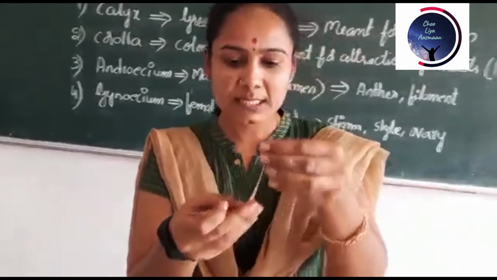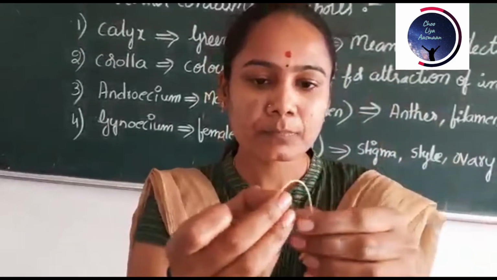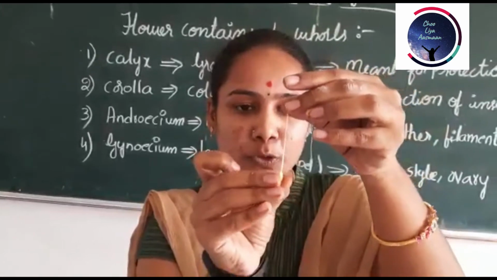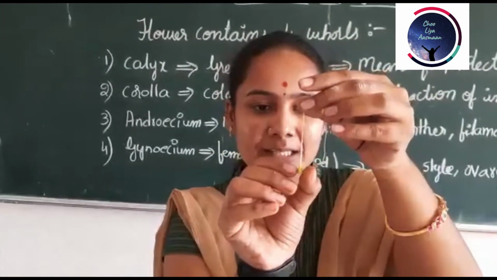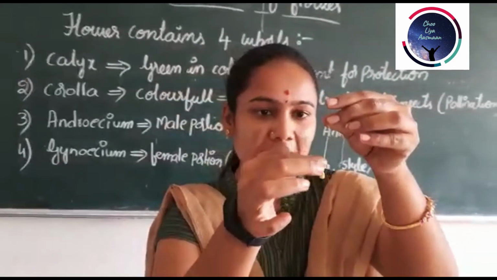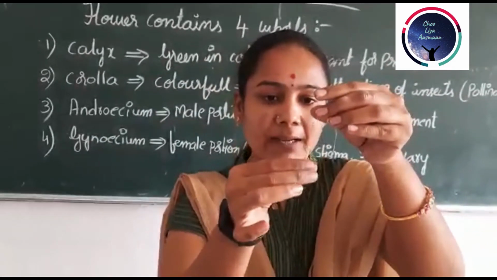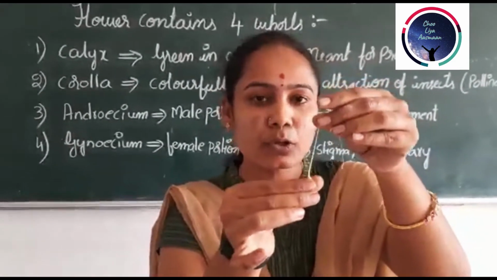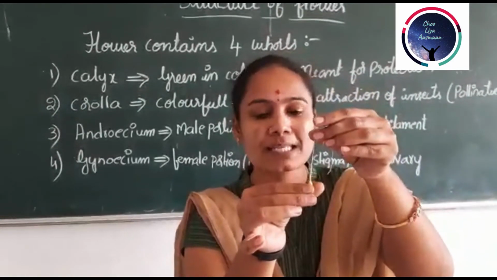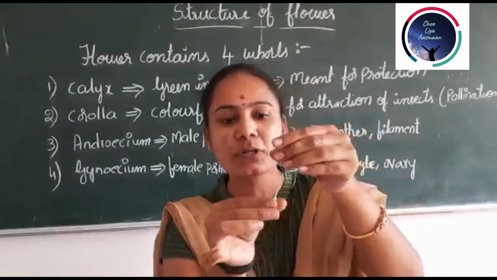So this is the ovary, this is the pollen tube, this is the ovary which contains the ovules. Inside this ovary, ovules will be present, and through this style the passage of male gametes will happen, and in this ovary the meeting of ovules and pollen grains will happen for the formation of zygote. That leads to fertilization, which results in the formation of zygote.